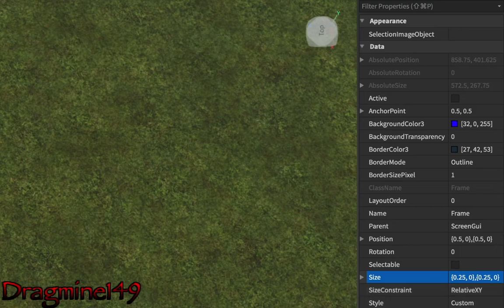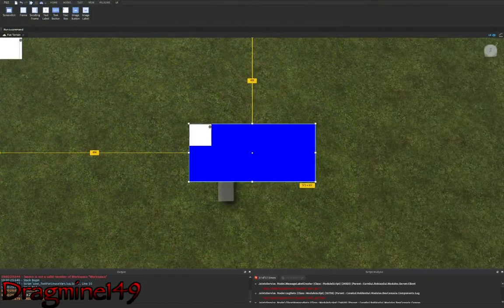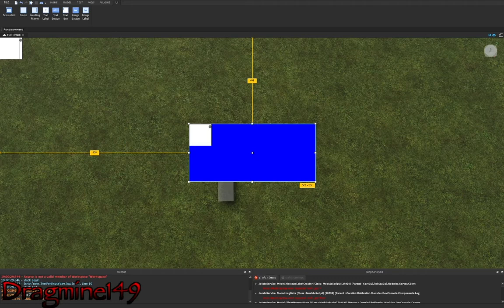Style is custom. Now if we scroll down a bit, we get the visible and the z-index and the behavior. Behavior localization, I'm going to miss out for this video. Visible is whether it's visible on the screen. So, as you can see, it's visible. Now it's not visible. If it's got something inside of it, it will make that not visible as well. So let's make this visible.